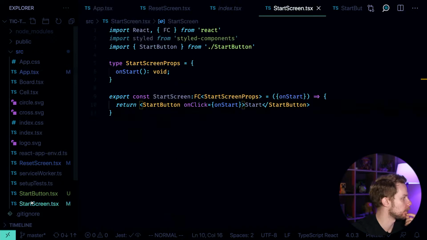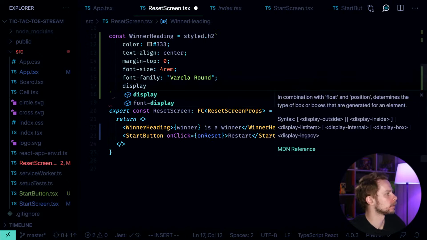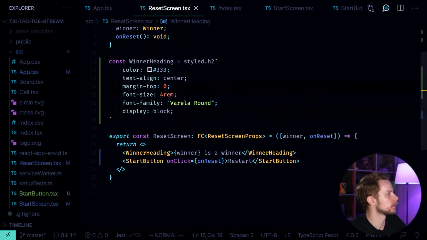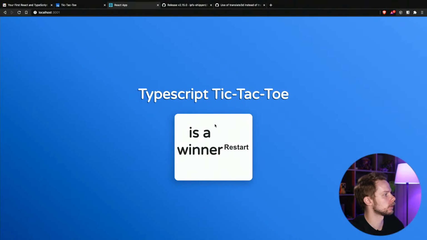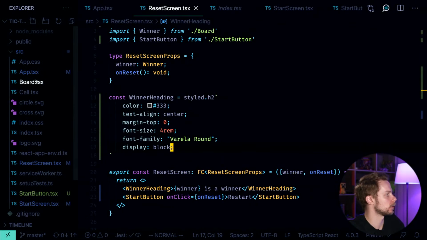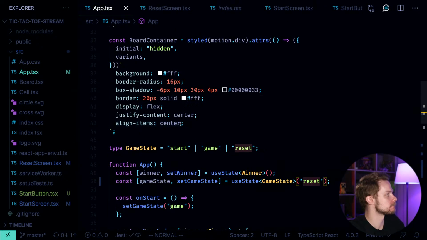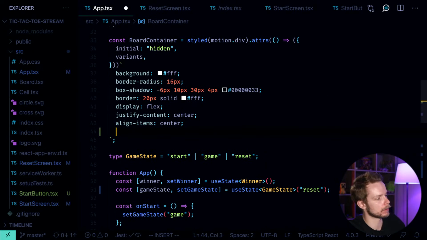I'm going to make them block. That should do it. Okay, I know what I'm going to do. And justify content center, border,